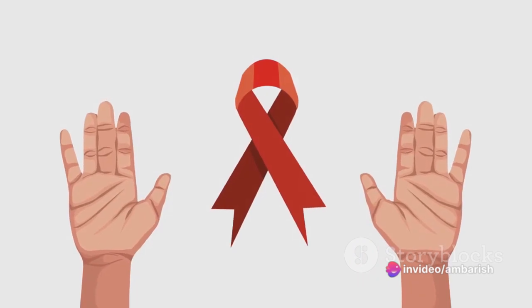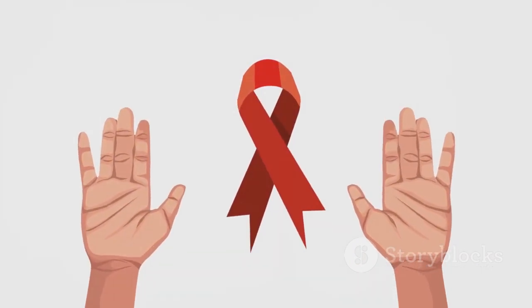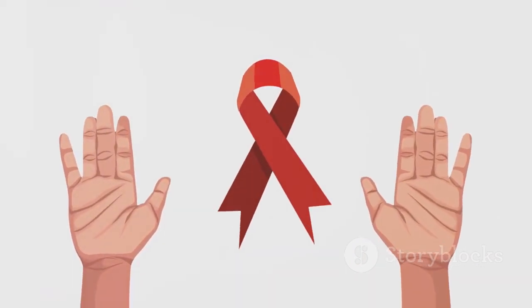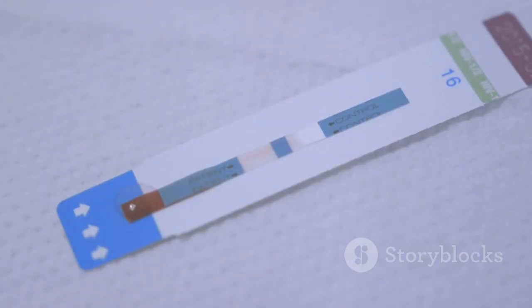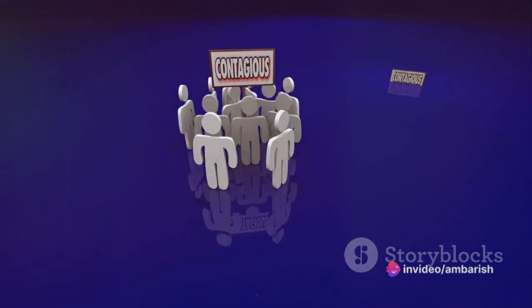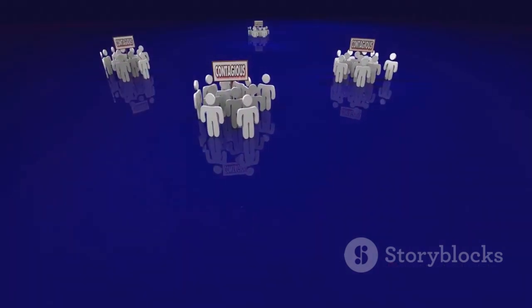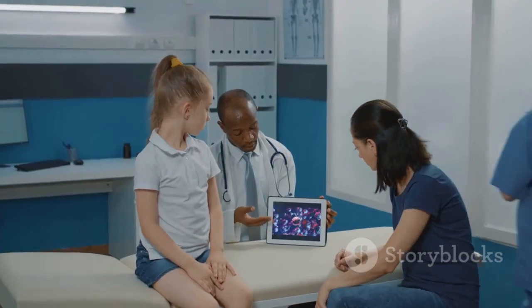You might wonder, how does one know when HIV has progressed to AIDS? Well, doctors typically use a T cell count of fewer than 200 cells per cubic millimeter of blood as a critical marker. Alternatively, the development of certain types of life-threatening infections and cancers can also indicate the onset of AIDS.